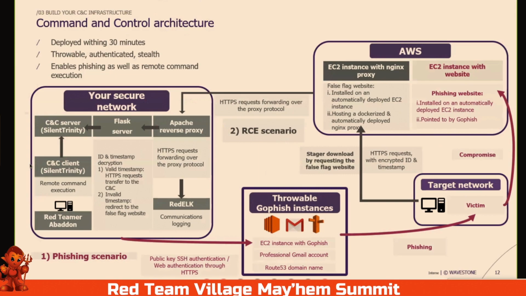It's first an Apache reverse proxy to get the communication of the malware and log everything in Red ELK, because I discovered Red ELK almost 2 years ago now at Hack in Paris, and I was very enthusiastic about this tool, especially because I was working in the security operations center before, and I was very sensitive to the fact that it's very important to log things. So the Apache reverse proxy gets the malware communication, logs everything, and forwards the communication to your